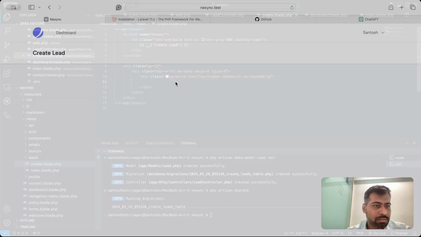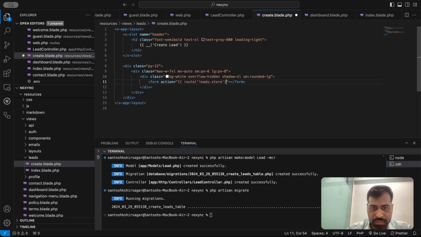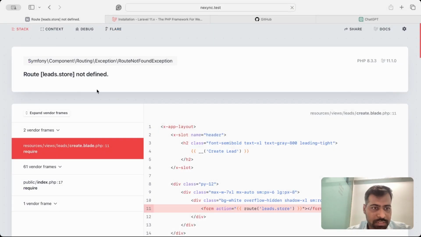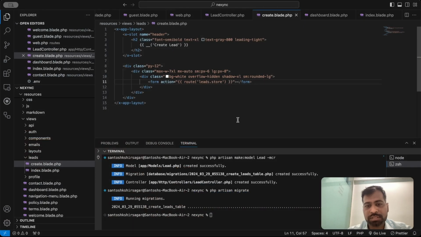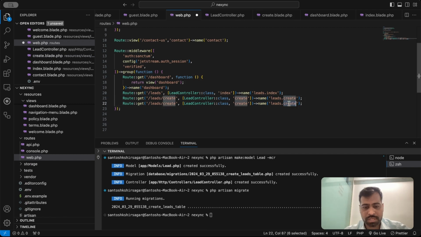Okay, so form action. So action will be again I will use route, then leads dot store. We haven't created a route for this, so first we'll create that, otherwise it will give that error. So you can see it has given the error now, lead store not found. So we'll go to web.php,